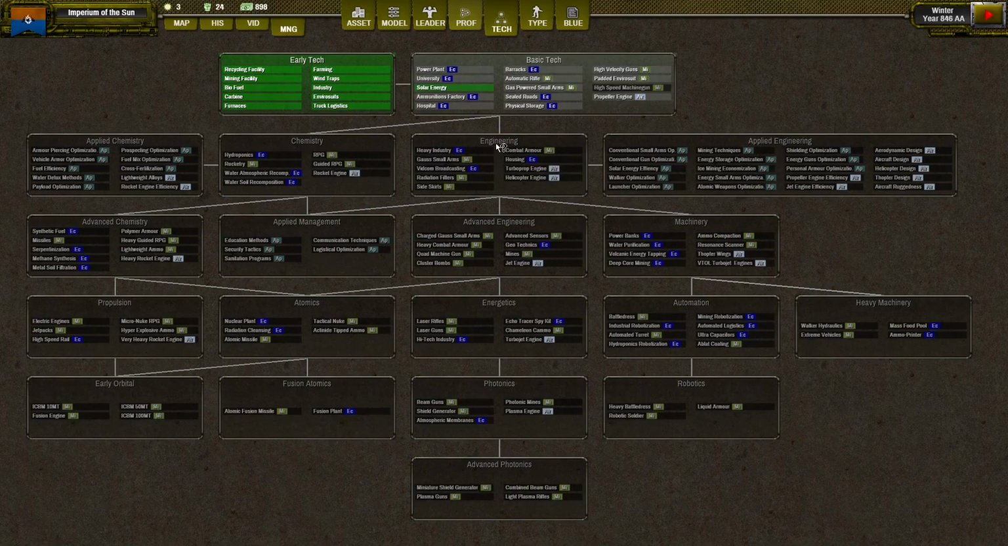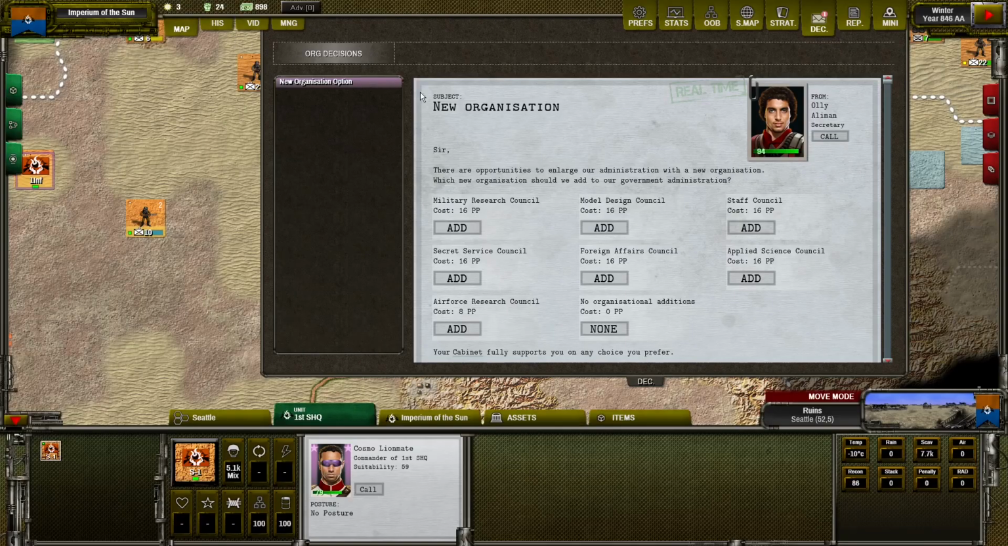And to unlock this group, I need to have 4 technologies discovered and researched here. So I would waste a lot of political points for nothing for many turns. So it's better to focus on Military Research Council and Economic Council if you plan early research. So let's go back to our